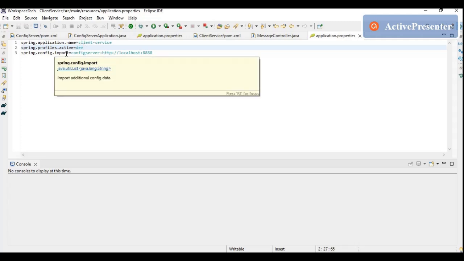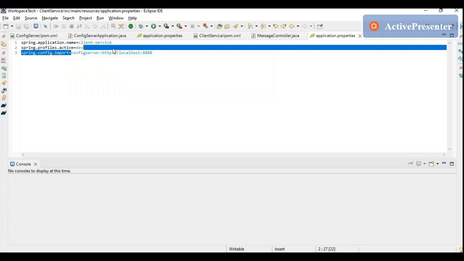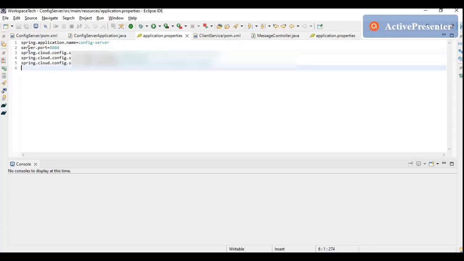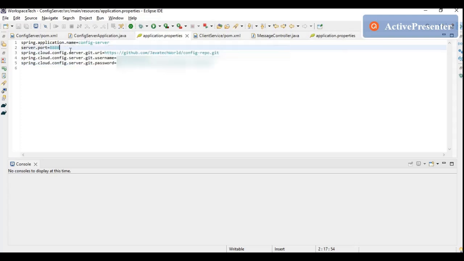And the Spring config import, right? So this property will be importing the properties from some other project, right? So what we are supplying here is, we are saying that the config server is present on this particular URL, http://localhost:8888. So if you go by the properties, you can see that our config server will be up on 8888, right? So I'm saying that you have to get the properties from this config server that is present on this particular URL, and then it will go to this particular application of config server,